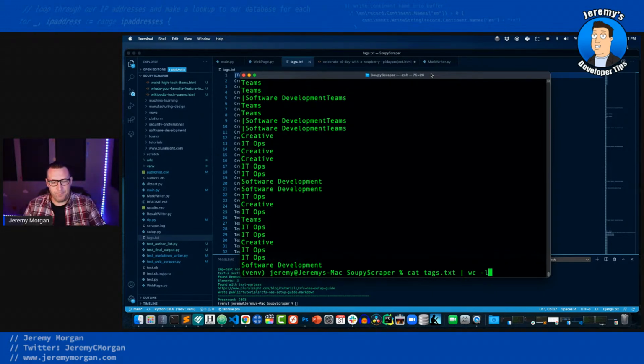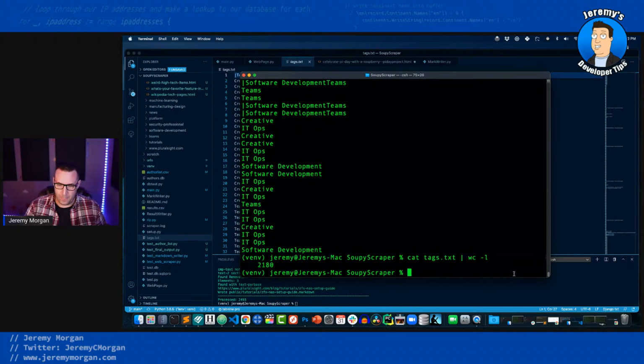I'm using cat, which I should probably step back and explain a little bit. Cat is just something that parses out a text file. So I type in cat and it just dumps the entire text file onto the screen. Now I'm putting in this little pipe character here, and I'm piping it to wc -l, which is basically word count, except we're going to do a line count with the -l. And we have 2,180, which